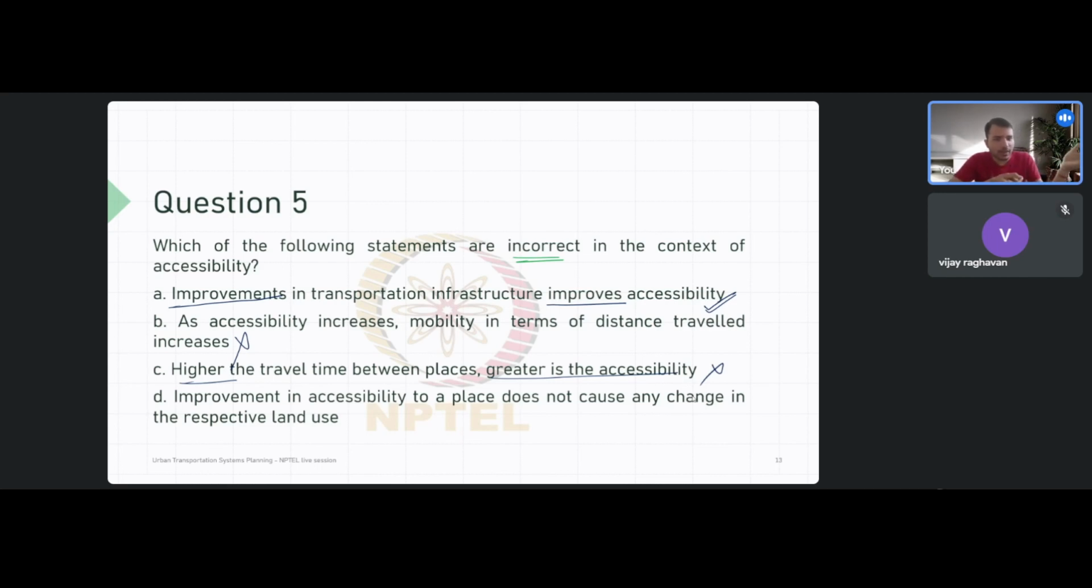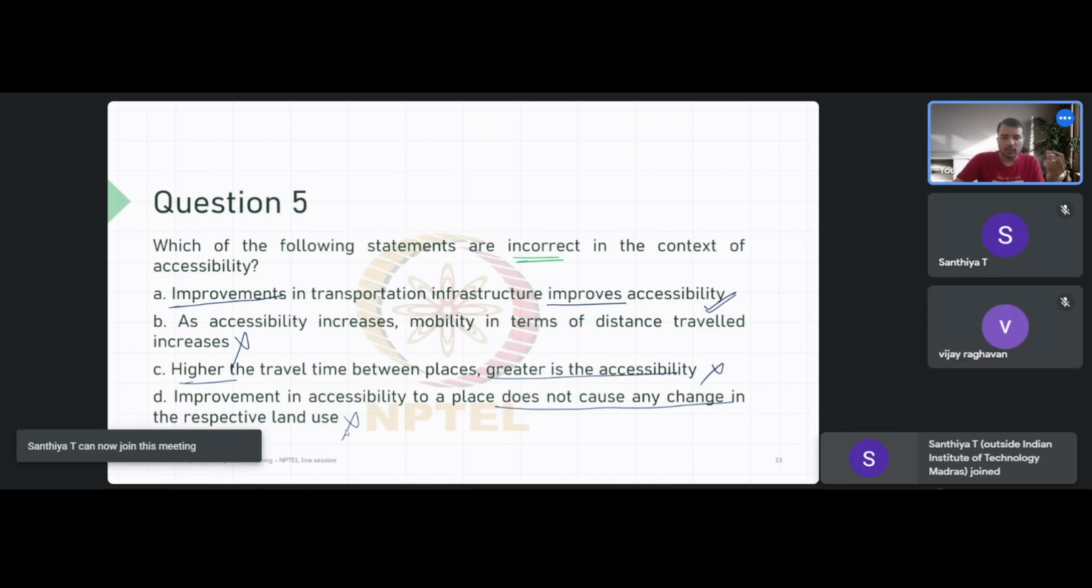If a place is 1 hour far, it is less accessible. So here the relationship is directly proportional, but in reality it is inversely proportional. So higher is the travel time, lower will be the accessibility. So C we can remove. Then, improvement in accessibility to a place does not cause any change in the respective land use. So this also we can remove, because if a place in a city is more accessible,